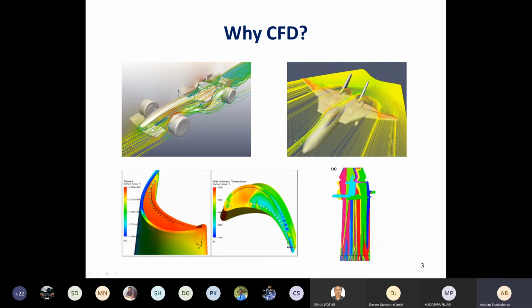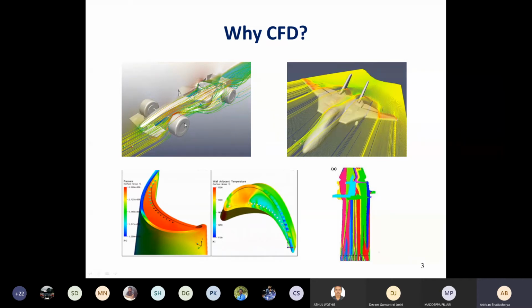So if I want to solve the flow over this Formula One car, you see that it's a very difficult problem. So what can we do? We can build a small scale model of this and take it into a wind tunnel. I guess everyone knows what a wind tunnel is. It's an experimental setup where you place an object prototype and you have flow of air from one side. It can be a water tunnel also, for water experiments. You then experimentally visualize the airflow pattern using markers, and you can also capture other aspects like temperature and velocity.